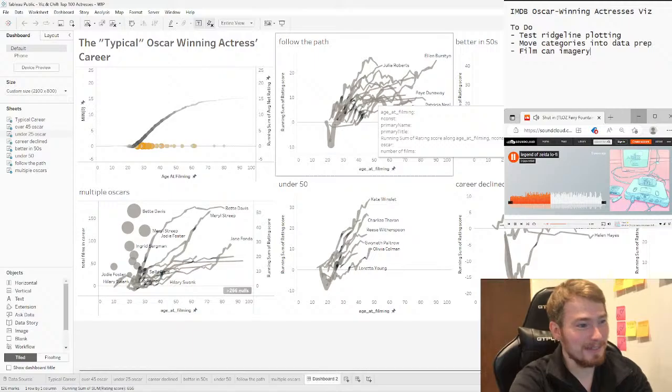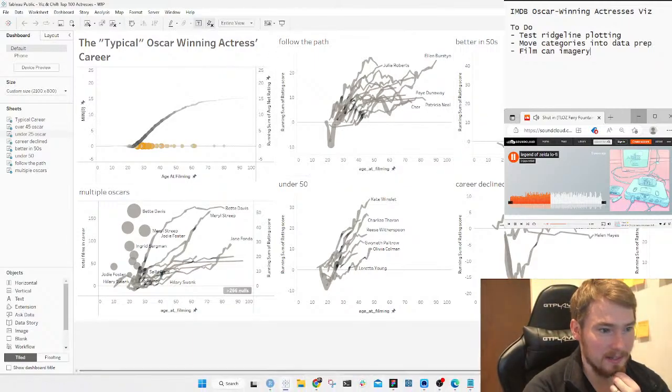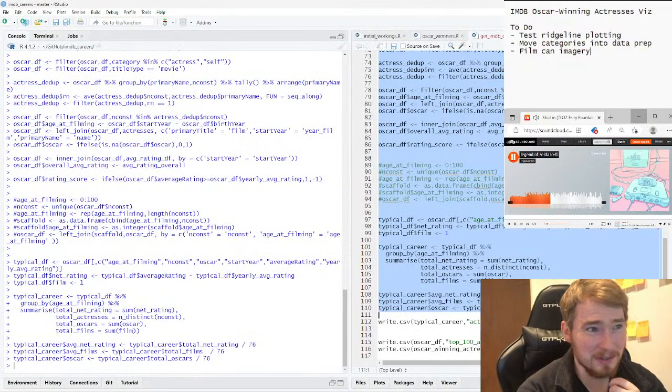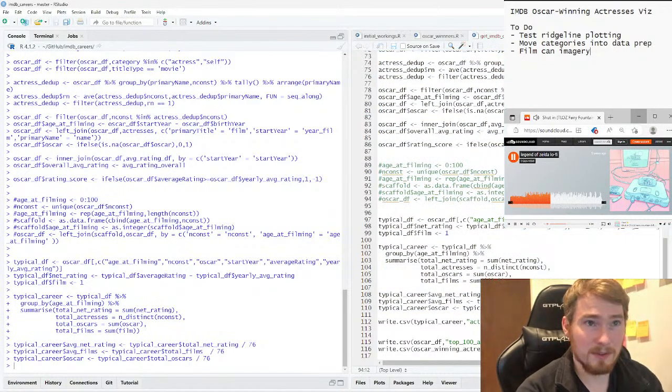So I've got to go and now find out all these different categories we had and see where we are with our... I don't know what's gone on with my RStudio these days. It's very glitchy now and then. Okay, so I've got my code over here. I'm going to switch it around.